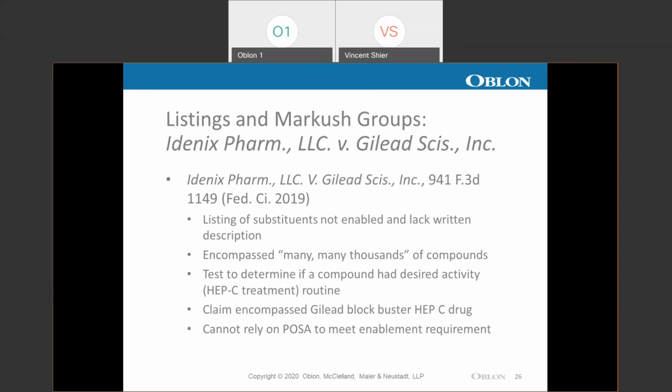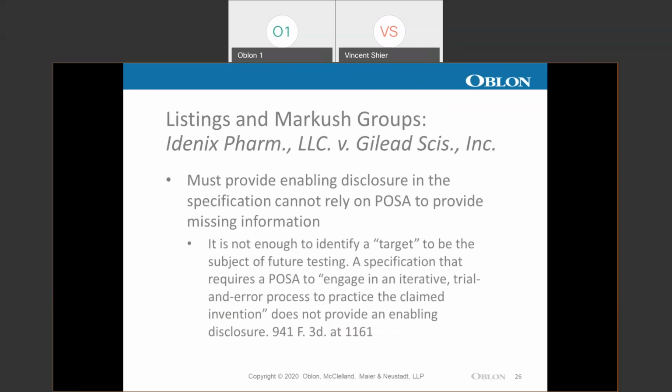The court also held that it would be improper to rely on a person of ordinary skill in the art's knowledge to meet the enablement requirement. Now, this is an important point in this case. Even though Idenix argued that a person of ordinary skill would understand the focus of the claim to be inhibition of the NS5B polymerase to effectively cure hep C virus, and would know which candidates were likely to inhibit NS5B and would test only those, resulting in a predictable and perhaps manageable group of candidate compounds, the court held that